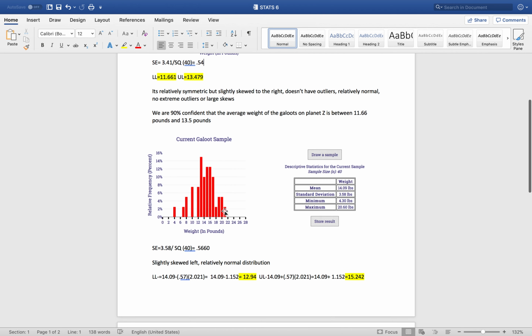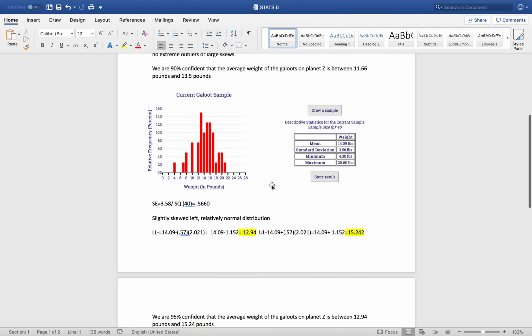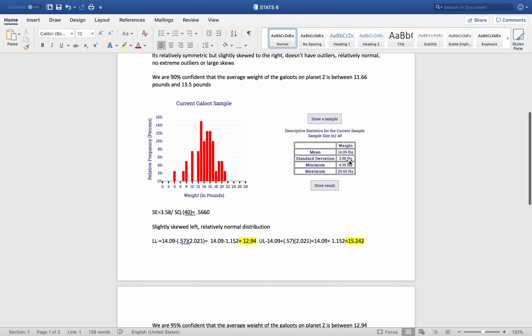For the next one, I kept the N, the sample size, the same. All I'm doing differently here is I got a new sample, and here we're going to find the 95% confidence. For this one, the mean was 14.09 pounds, standard deviation was 3.58 pounds, the minimum was 4.3 pounds, and the maximum was 20.60 pounds. I did my SE by doing my standard deviation divided by the square root of the N, which was 40, and I got